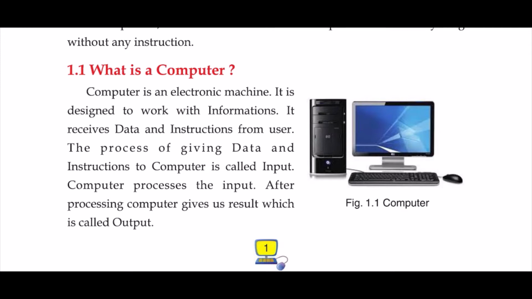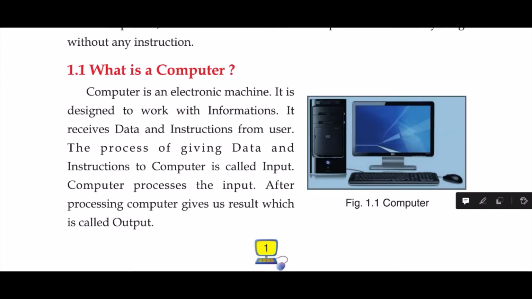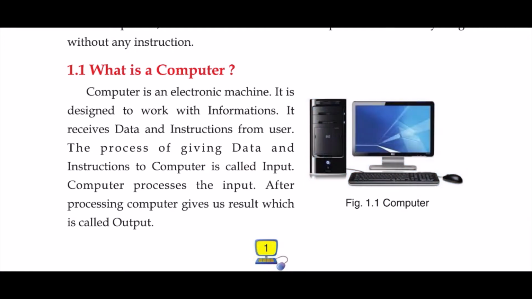And look at the picture on the right side here. This is a computer. You have various input devices, keyboard, mouse. A user can input their instructions through these. And you have an output device, a monitor. A user can see results on the screen, and this is a processing unit, a CPU, where all the processing takes place.